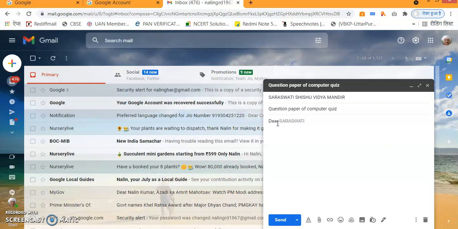Dear Vikas sir, please find the question paper for the computer quiz attached.